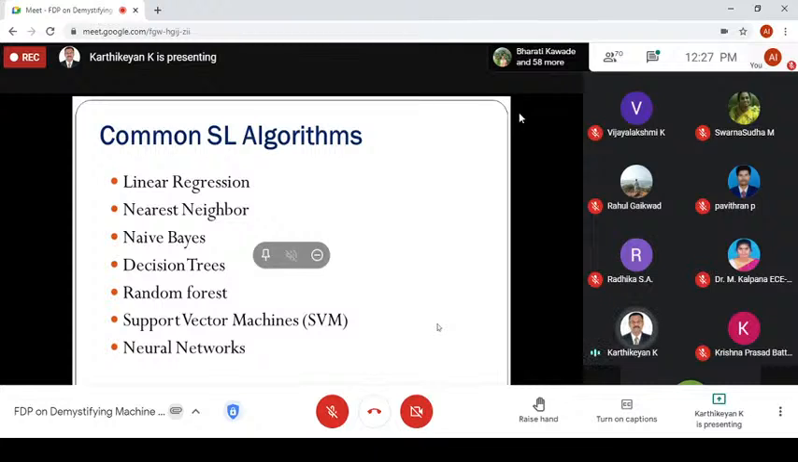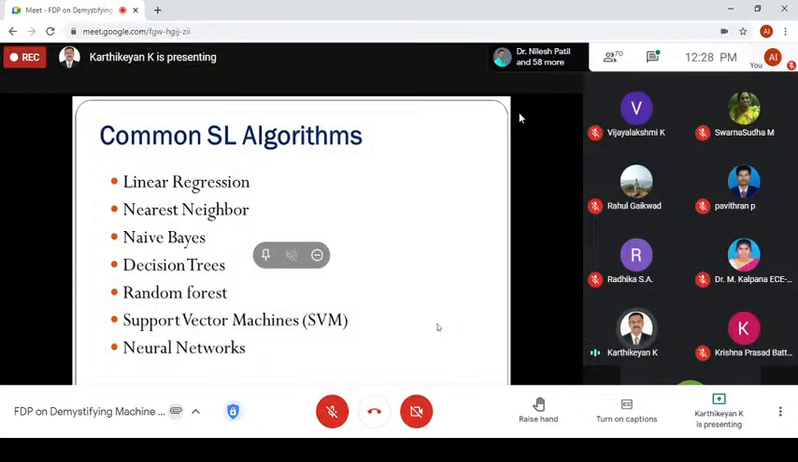So I have listed out a few: regression, linear regression, nearest neighbor, naive Bayes, decision trees, random forest, support vector machines, and neural networks. So these are all the common supervised learning algorithms. Now, out of which we are going to see almost 5 algorithms in